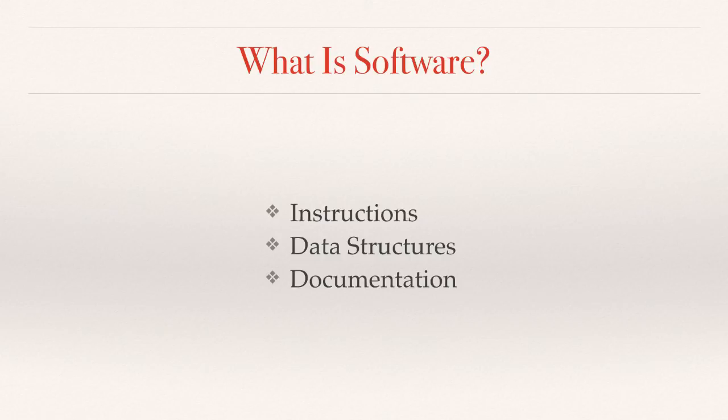According to Pressman, software consists of instructions, data structures, and documentation. Now, I'm not going to talk about documentation. That's somewhat debatable, and we can save that for the discussion boards. But I do want to talk about the first two bullets, instructions and data structures, because I think there's something interesting here. When we say software tells your computer what to do, I think it's implied in that software is a set of instructions for the computer.